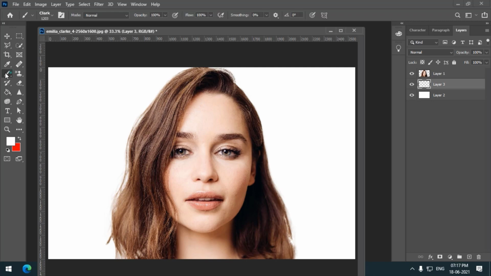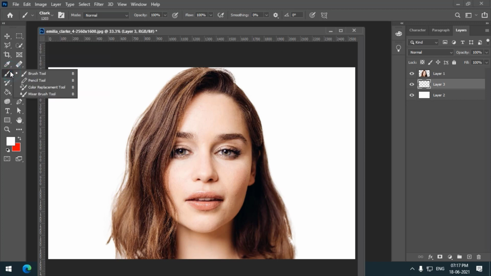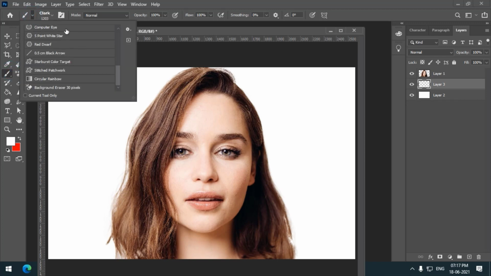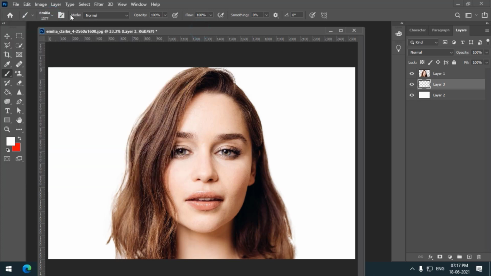Now remember, when you choose or create any brush, I have created this brush. Just remember to go to the brush settings.